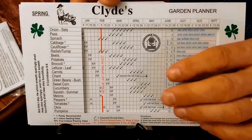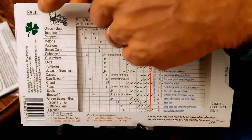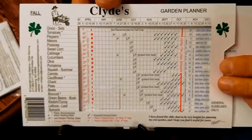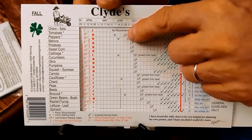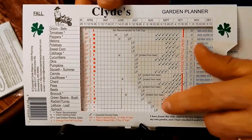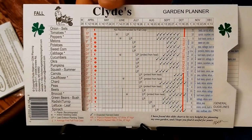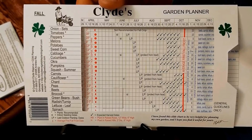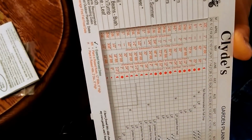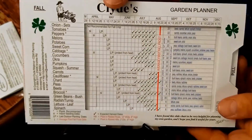If you want to do a fall garden, you flip the chart over to the fall side and slide it to your fall frost date, and it gives you the LP as the last outdoor planting week for each garden vegetable, so that it won't be destroyed by the frost. And all the information for planting and the activity there is reordered based on the nature of the fall planting and fall gardening. If you don't know your frost dates, that's okay,